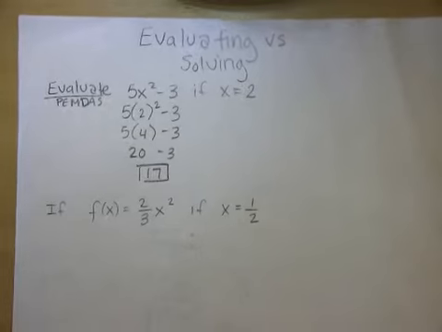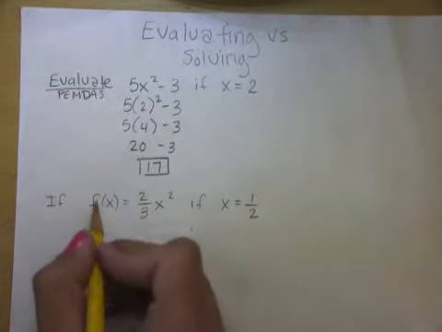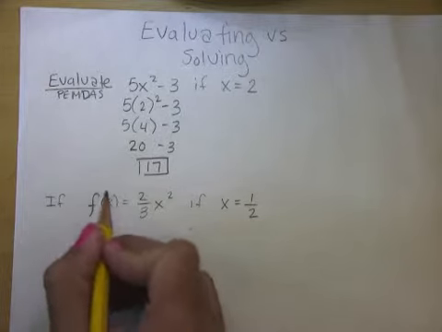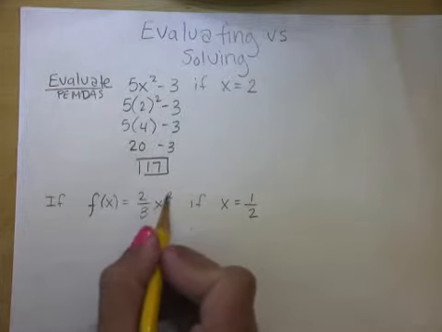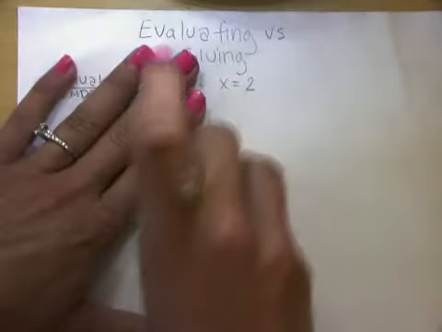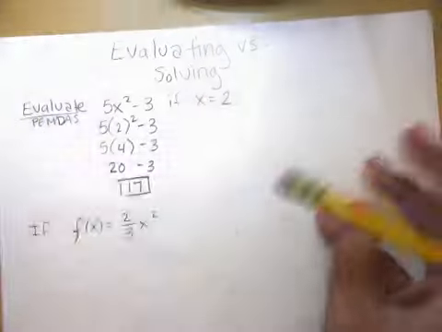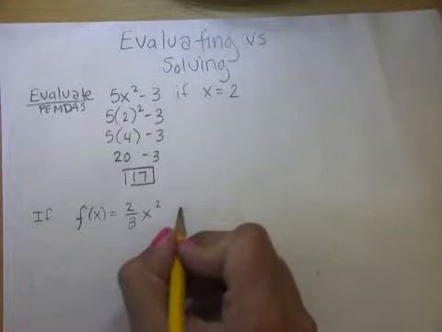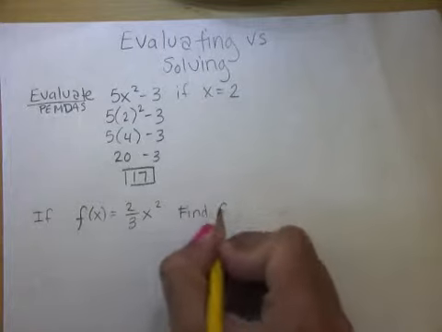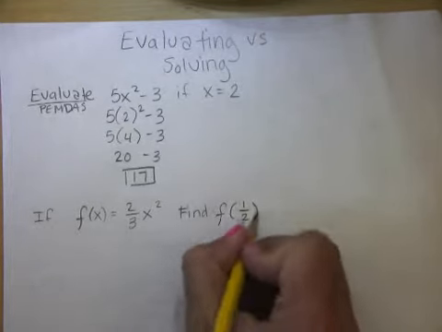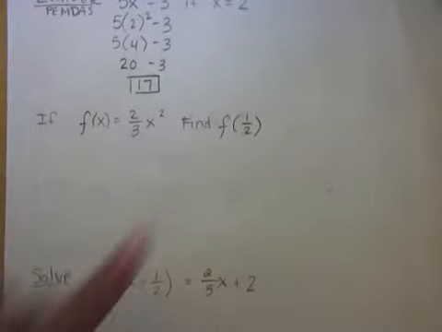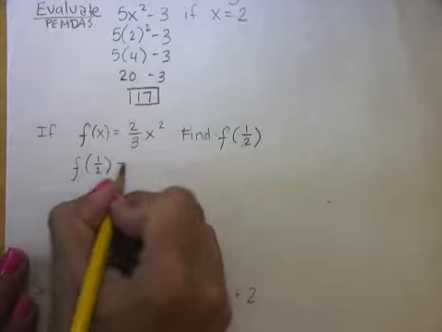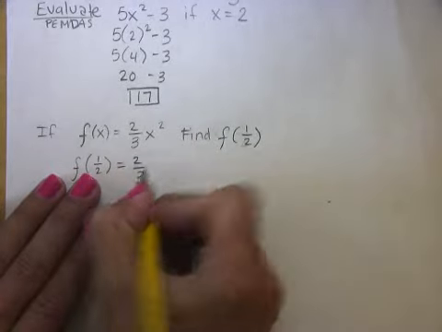Now another way that you can evaluate is if it gives an equation in function notation. Sorry, it won't say if x equals 1/2. It will say, find, if f of x equals 2/3 times x squared, find f of 1/2. So what this is telling me to do is to plug in 1/2 for x. So I say that f of 1/2 equals, now here's where the math's going to come in,